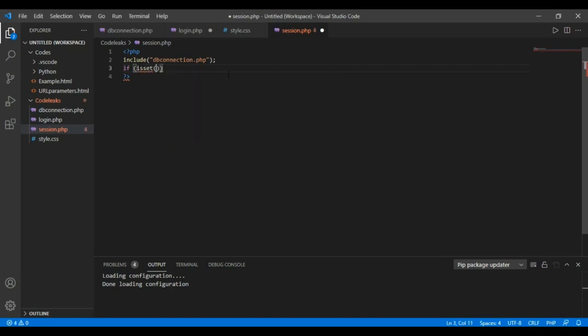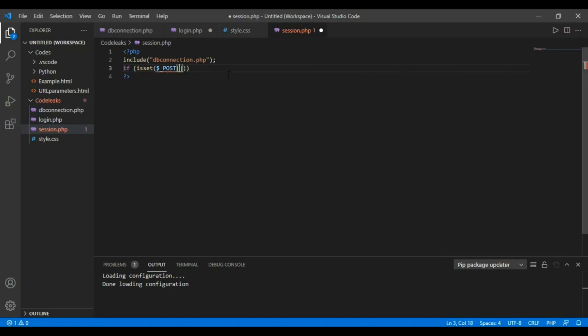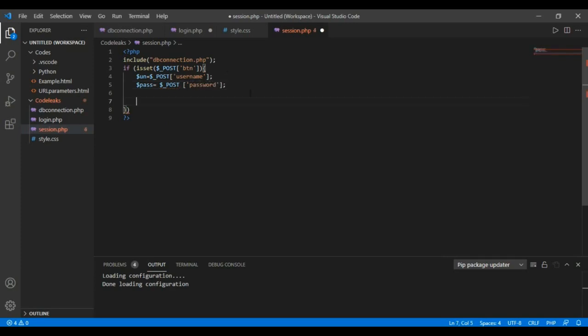Here we have used include function to include the database connection file here. Now I am using if condition to set form fields data on the button with the help of post method values in PHP. In these values we have username, and next we will be having in post method value the password. Okay, username and password were the two fields of our login form.